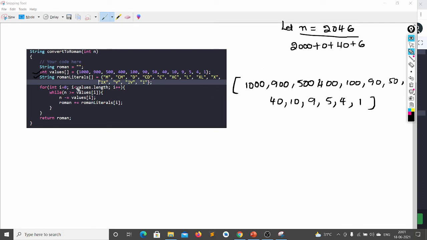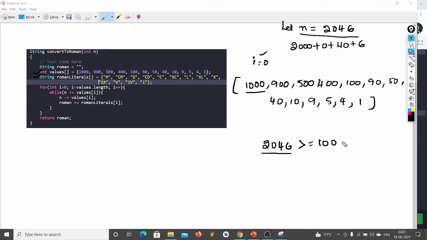So for i is equal to 0, let's take i is equal to 0 now, means it is pointing to the first element, 1000. So while n greater than or equal to values of i, we have 2046. Is 2046 greater than or equal to 1000? Yes, it is.